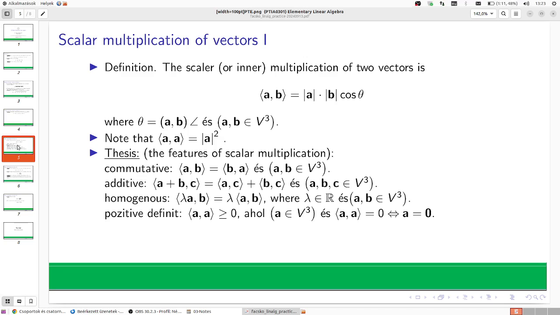So I can use the brackets. I can regroup this in this way. That means